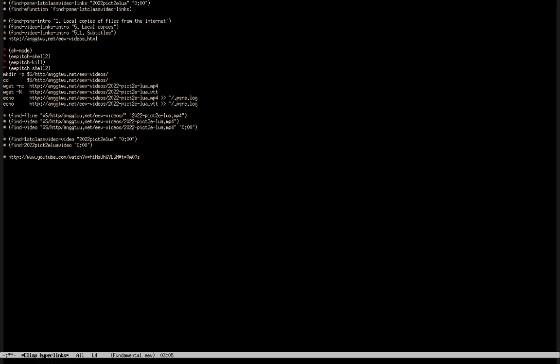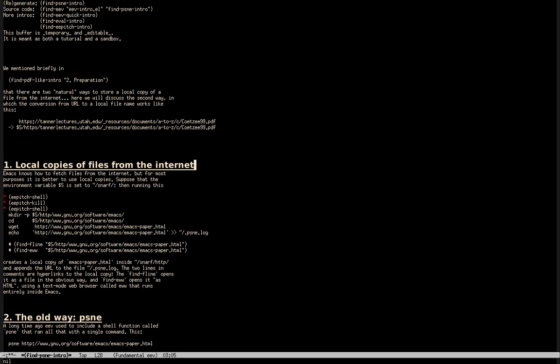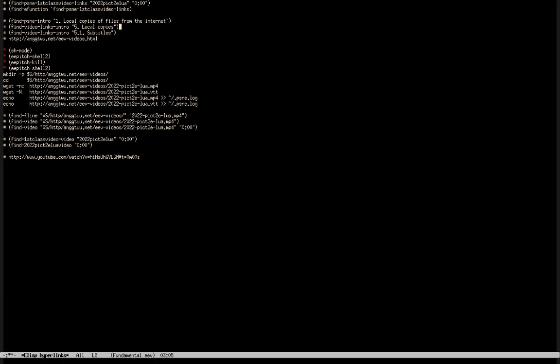This thing here explains the idea of local copies of files from the internet. There are more details here and here. And this is a script that we can execute line by line.